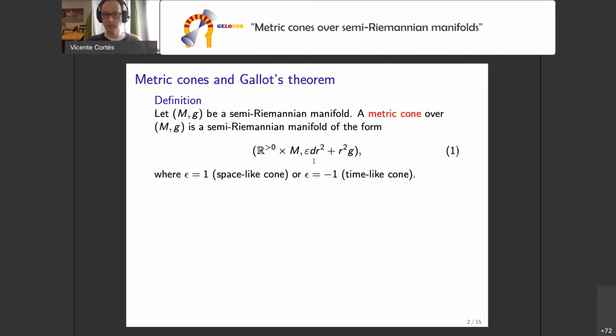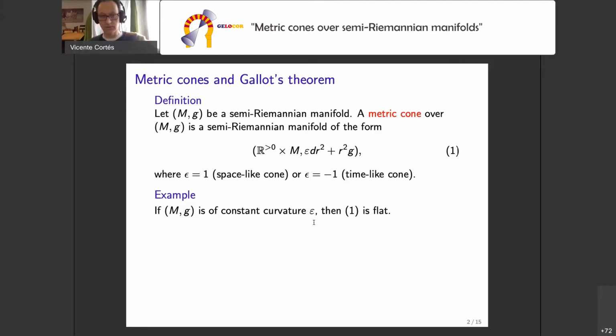So let me give you a basic example which you all know. If we consider a manifold of constant curvature epsilon, so plus 1 or minus 1, then the cone, which is defined here, will be flat, where epsilon is exactly the epsilon in the cone metric, and will be exactly the constant curvature of the base manifold. In fact, this is a fact which is very easy to show, and it follows from the curvature formulas for such type of warped product for these cones. And perhaps it will be helpful to recall some of these formulas very briefly, only the most important ones.